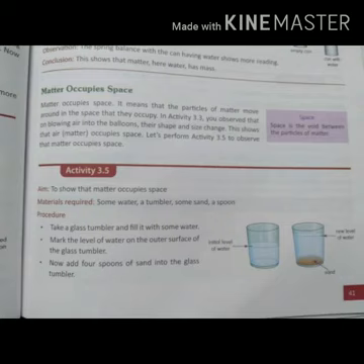Take a glass tumbler, and mark the level of water on the outer surface of the glass tumbler. Now add 4 spoons of sand into the glass tumbler. Again mark the level of water in the glass tumbler. Compare the two marks. You will observe that the sand settles down and the level of the water increases. It concludes that the sand added to the glass tumbler occupies some space, therefore the level of the water increases. This shows that matter occupies space.